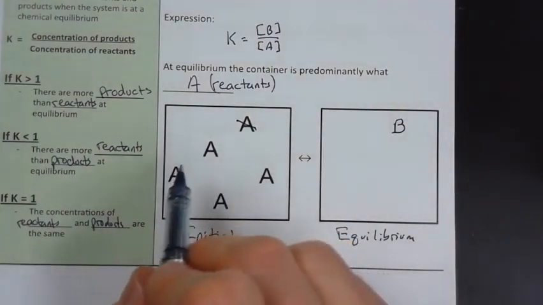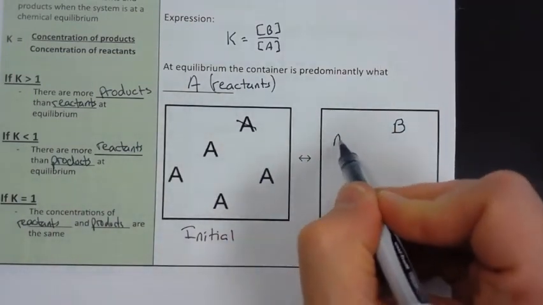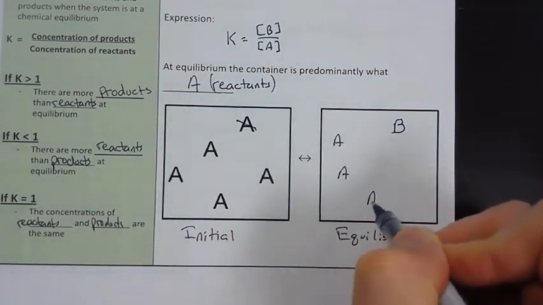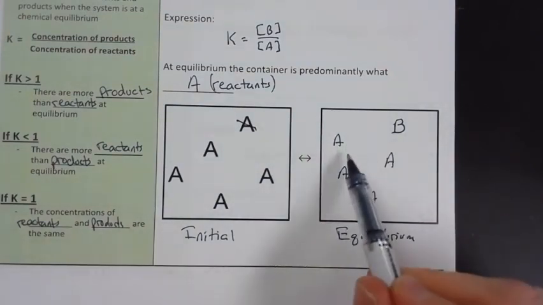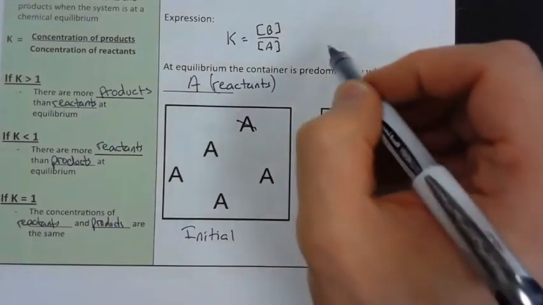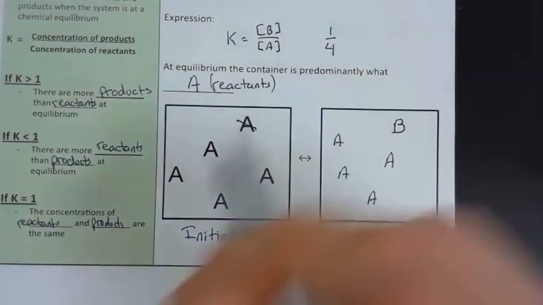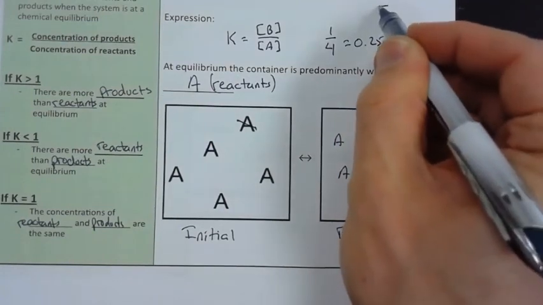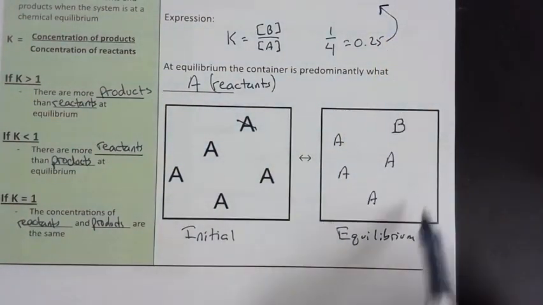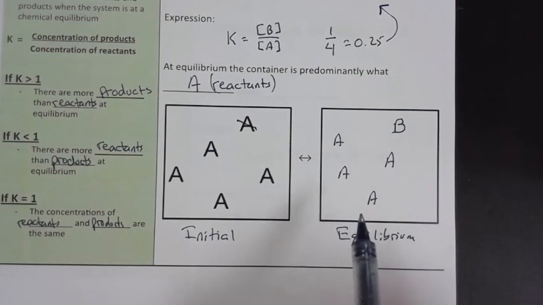And then we've got 1, 2, 3, 4 A's left over. So technically we've reached equilibrium because now I've got 1, 2, 3, 4 A's and only 1 B, and that's equal to 0.25, which is the K value that's determining how many A's become B's and how many B's become